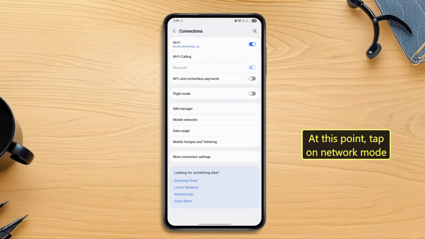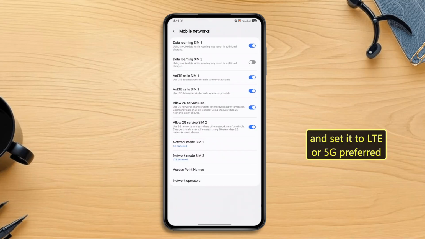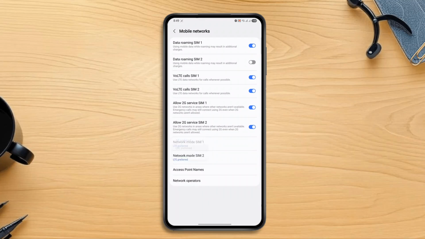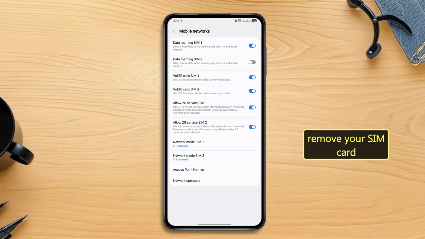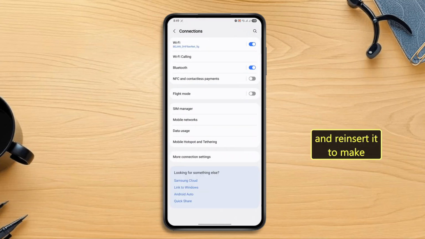At this point, tap on network mode and set it to LTE or 5G preferred to ensure you're always on the strongest available signal. In the next step, remove your SIM card and reinsert it to make sure it's properly